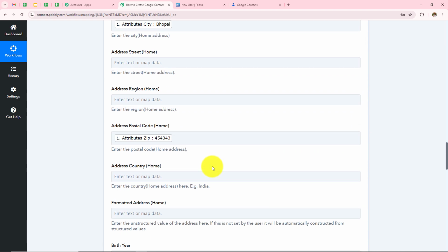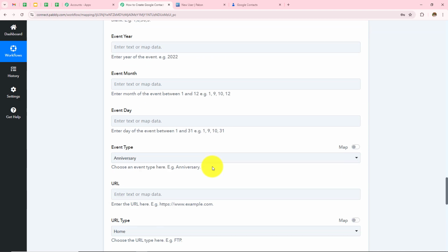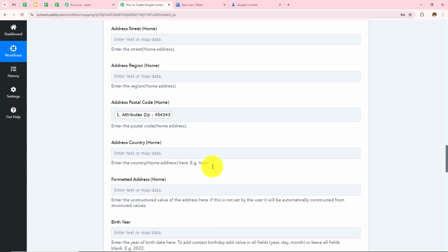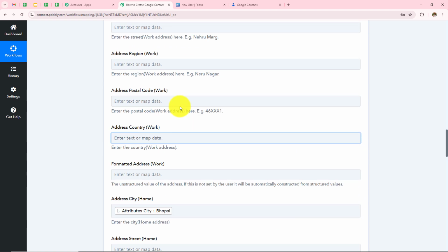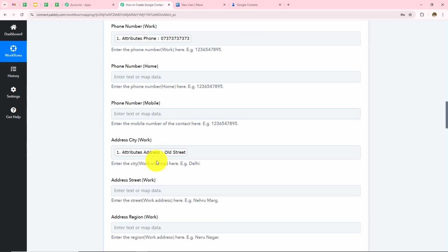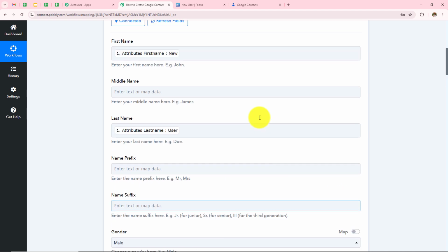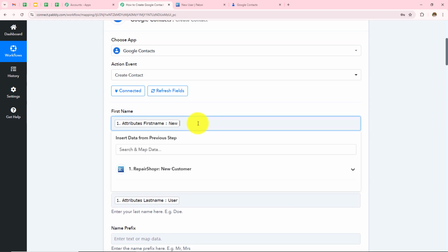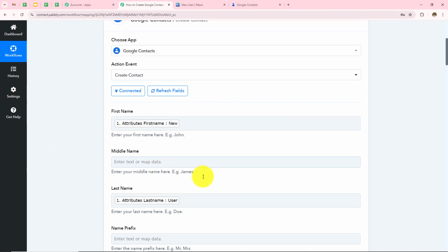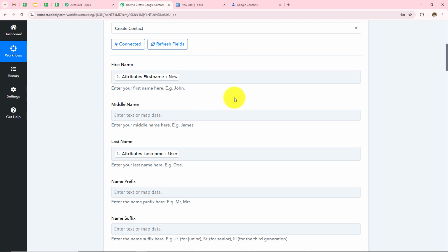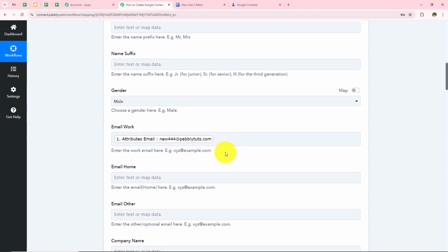Now over here mapping is important so that every time you receive a new response, it is taken into consideration in these fields. Manually entering the data will make these fields static and the information will not change even if you have received a new response. If I manually enter any data, this field will become static and every time I receive a new response, the result will not change. So as to keep these fields dynamic, we use this mapping process.